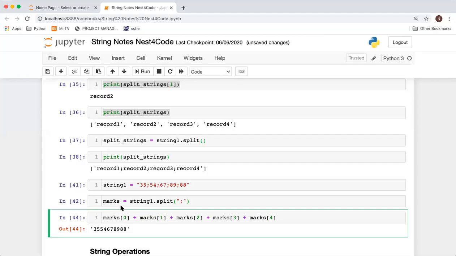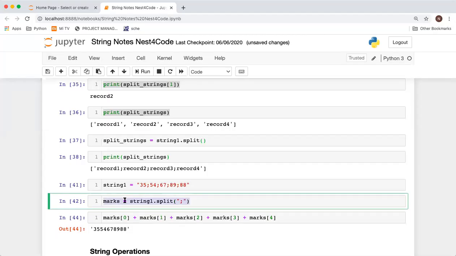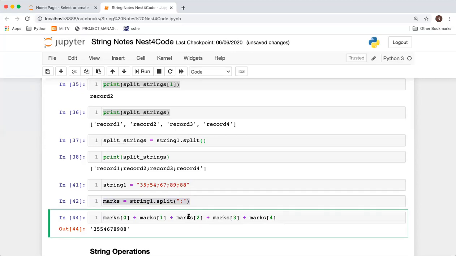Wrong here because whatever we get after split is also a string, right? So we just concatenated these strings. If you want them to add up as integers, we need to give int here. So we'll convert them using the int method. Because we want them to work as numbers, we need to convert them into integers using the int method.